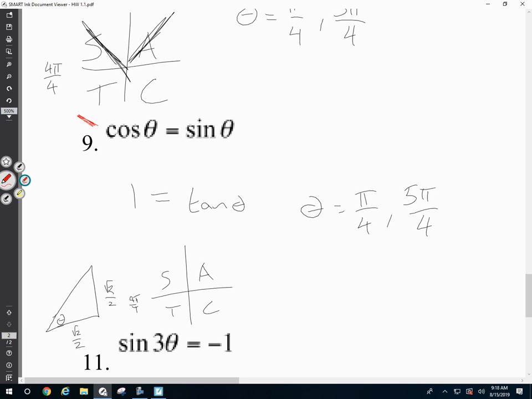Now a lot of people think, oh, this is when cosine's negative and sine is positive, but they get the same. But actually, if I divide by cosine, I would get -1 is equal to tangent. Now, when tangent is -1, tangent is negative in this quadrant and this quadrant,